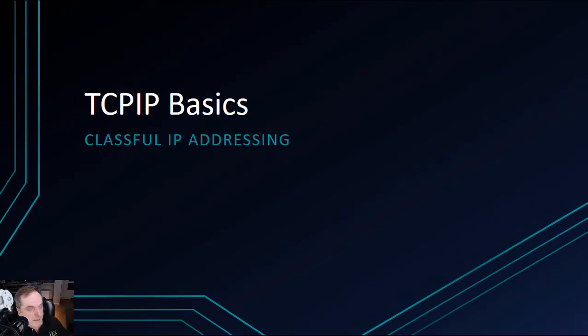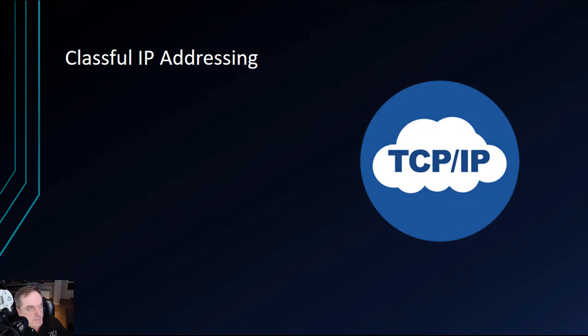Let's talk about classful IP addressing in our TCP/IP Basics course. Classful IP addressing is basically a network architecture that was used from 1981 until the introduction of classless interdomain routing, or CIDR, which we talked about in previous videos, in 1993. The method divides the IP addresses into 5 different classes in IP version 4, and it's based on the leading 4 address bits, which I'll explain in a second.